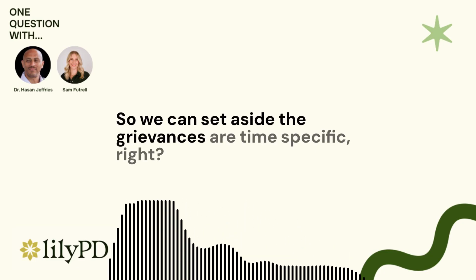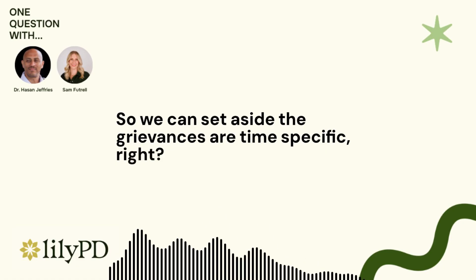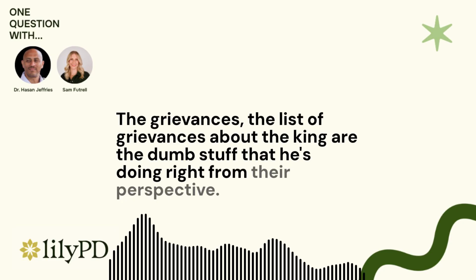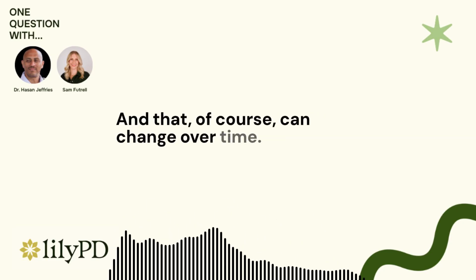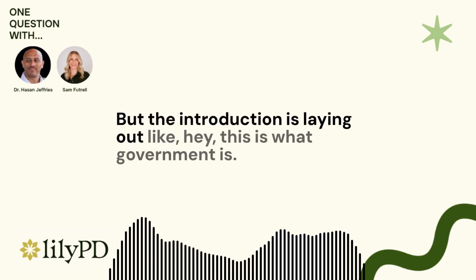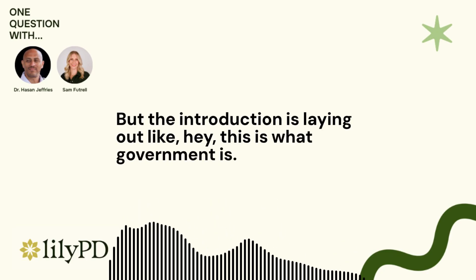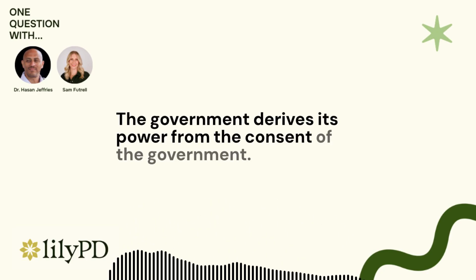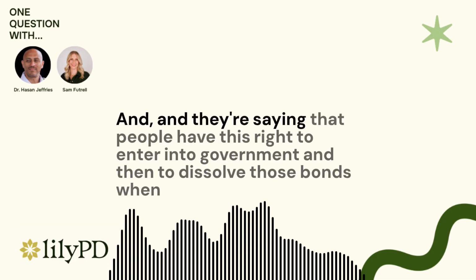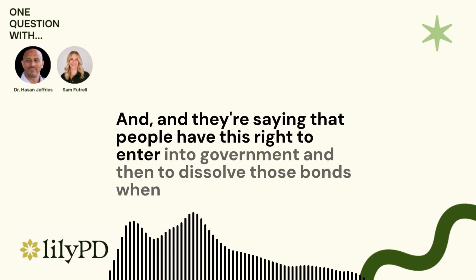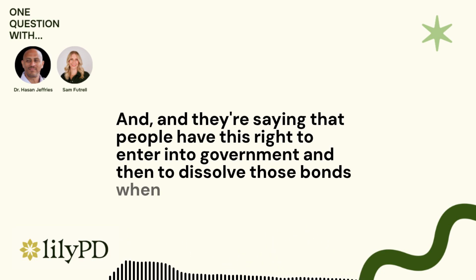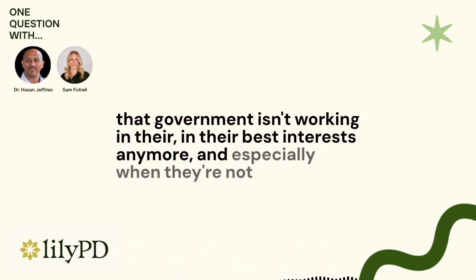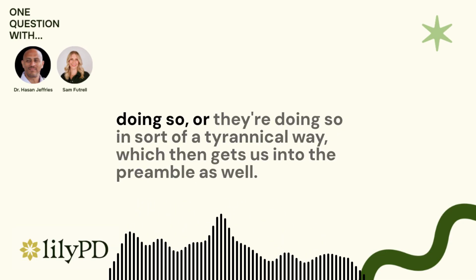So we can set aside that the grievances are time specific. The list of grievances about the king are the dumb stuff that he's doing, from their perspective, and that, of course, can change over time. But the introduction is laying out, hey, this is what government is. This is very Enlightenment thinking, drawn on Locke and the others. The government derives its power from the consent of the governed. And they're saying that people have this right to enter into government and then to dissolve those bonds when that government isn't working in their best interest anymore,